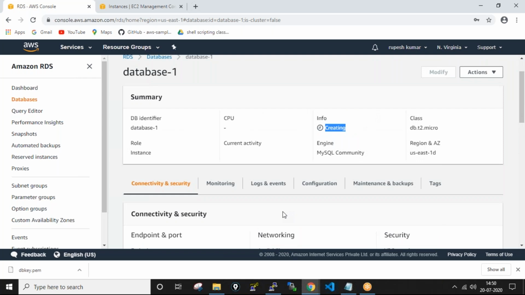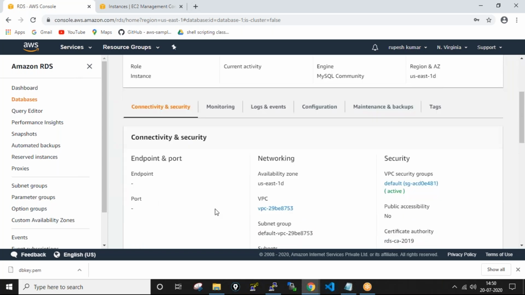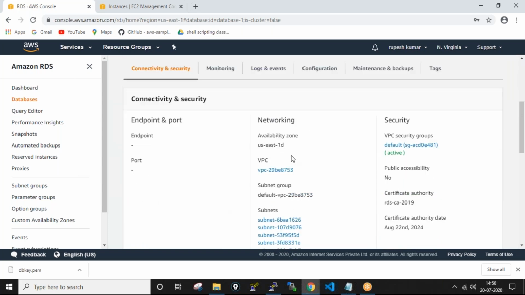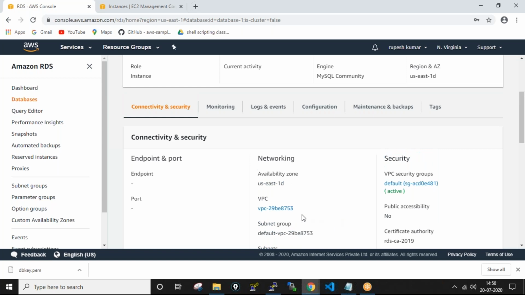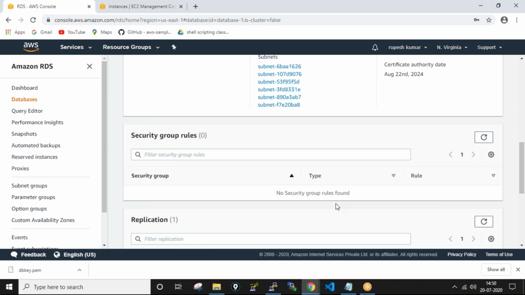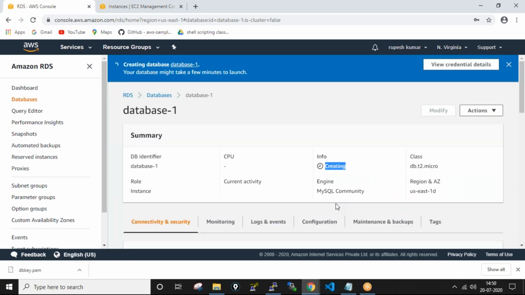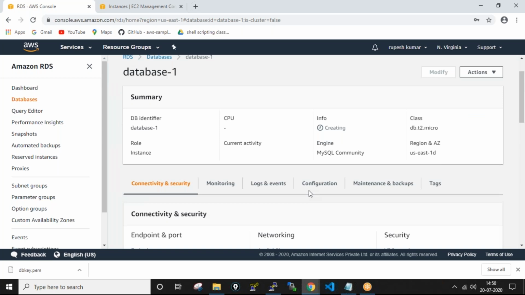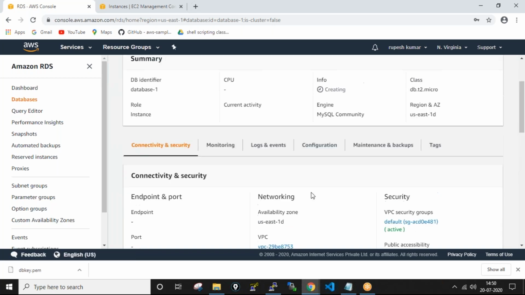Once it is done creating, you will get your endpoint and port number also. It has taken the availability zone, the default VPC, the VPC security group, and the subnets. Let us wait a few more minutes so that it gets completed.